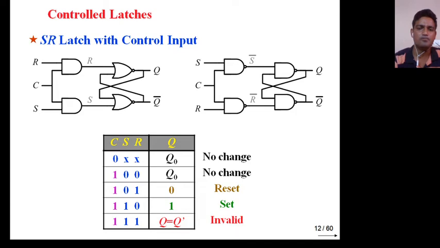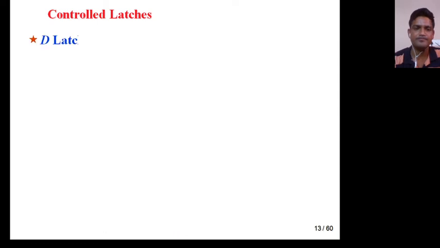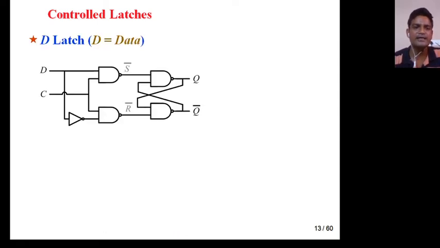the D flip flop. Now from here you can see you are getting a stable 0 or 1 when both inputs are complement of each other. If here 0, here is 1. If here 1, it is 0. So in this case we are getting a stable state when one input is the complement of the other, and this concept we will apply in the D flip-flop. This is your D latch.